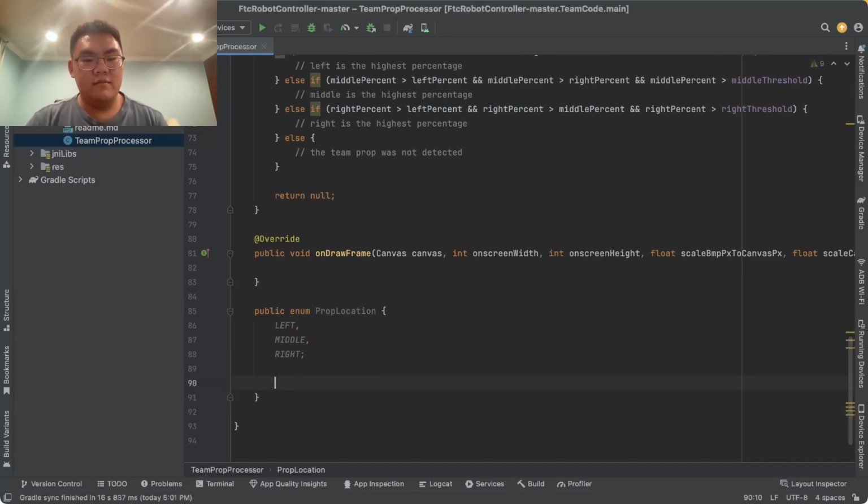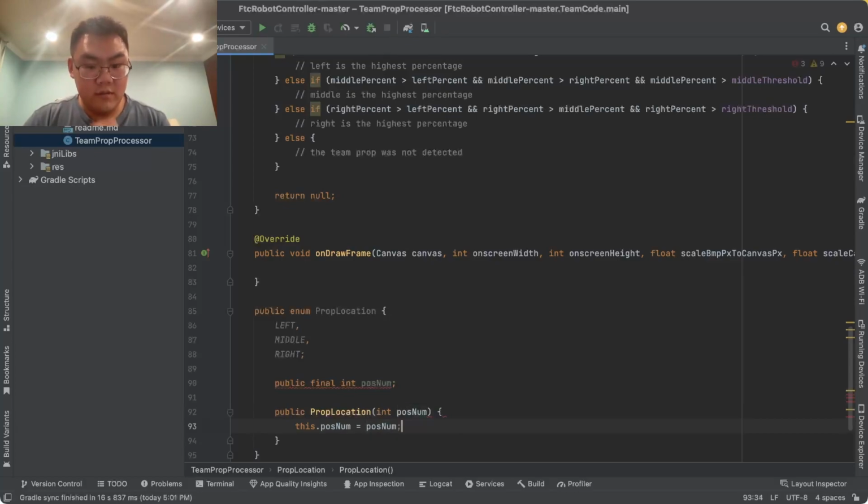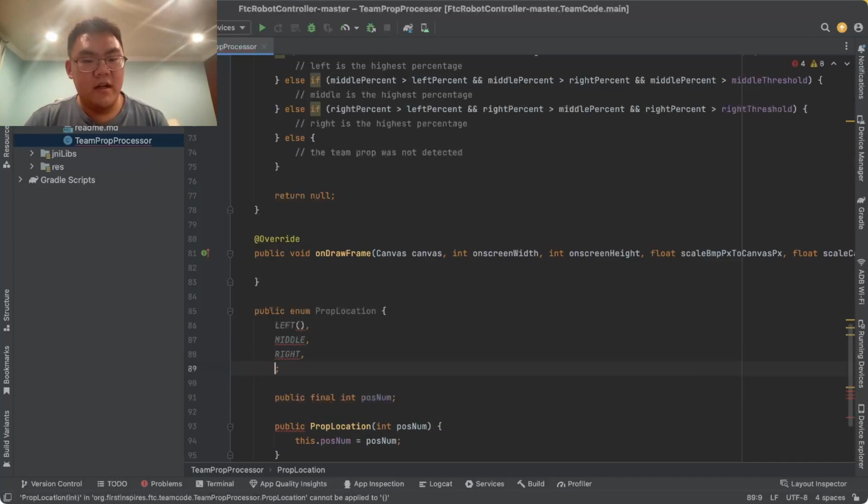Let's do a final int position number, we'll call it, actually. Public prop location, int position number, and then just set that equal here. Now we can also pass in a number if we want, and let's just add a not found 1, just because. So now we still get that integer here, right, of 0, 1, 2, 3 to represent where it is,